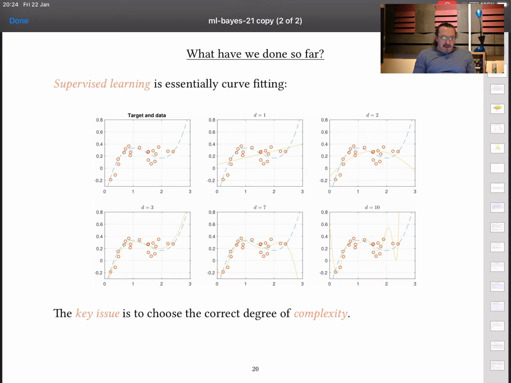So the sum of squared errors was introduced last year, and it was introduced on the basis that it seems like a sensible thing to do. And indeed it is. But one of the things that's going to come out of putting this in a probabilistic context is that it's going to uncover the fact that using sum of squared errors actually hides at least one quite important assumption.